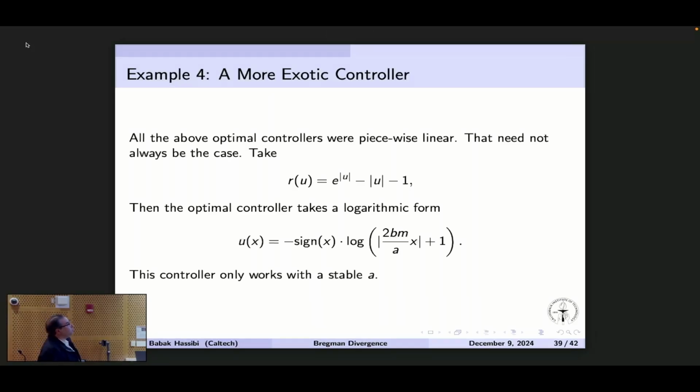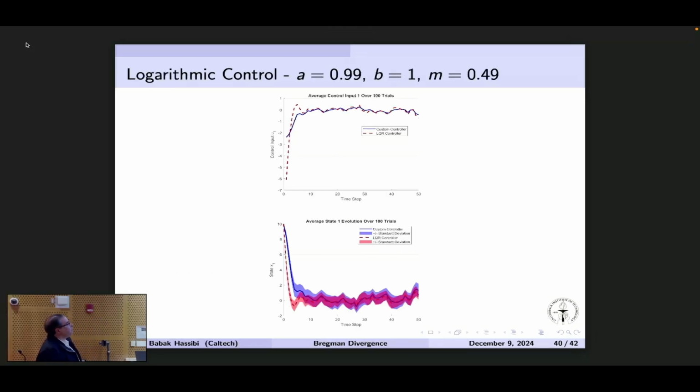So it turns out the optimal control u is kind of logarithmic in the state. Because this guy doesn't really want to expend anything on the control, its growth with the state is only logarithmic. And for this reason, if you insist on this kind of penalty on the control, your controller will only work with a stable A. You're tying the hands of the controller so much that it can't really deal with an unstable one. But you can get some crazy logarithmic controller, and you can look at its behavior.